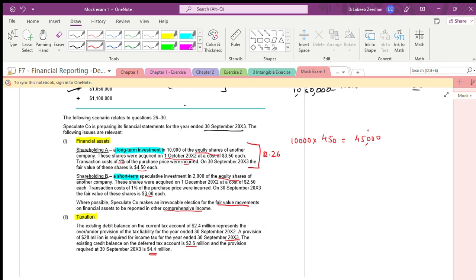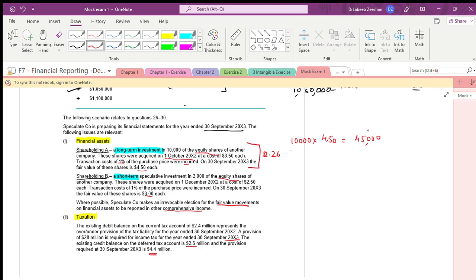A long-term investment in these companies was acquired in 2002 at a cost of 3.5. Transaction cost of the purchase was incurred at 1%. They have incurred 1%. Is it right? 1% means